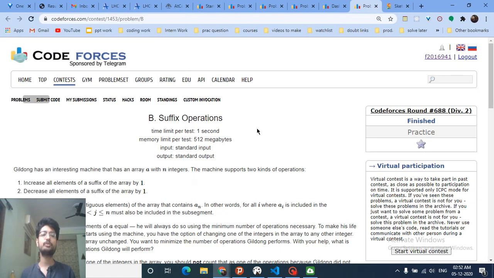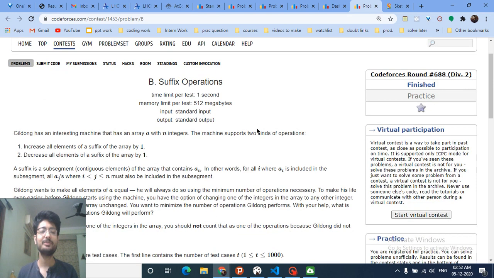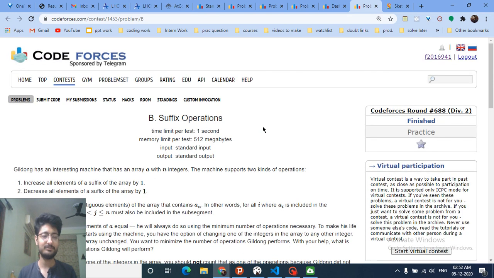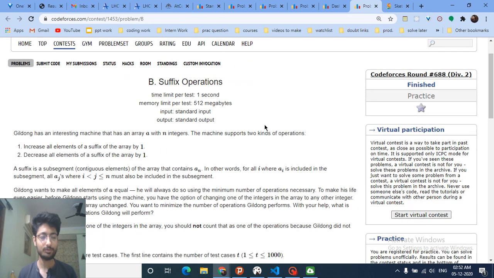Hello friends, today we will discuss problem B from the latest Codeforces Round 688, named Suffix Operations. According to me, this problem is a little bit difficult for a B problem on Codeforces, but we have to understand this also,